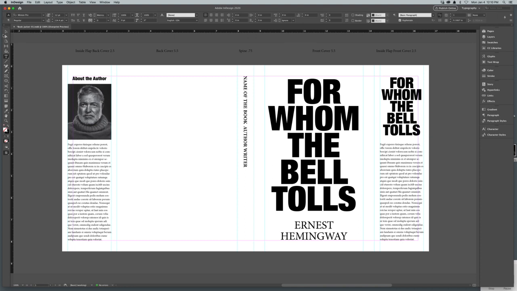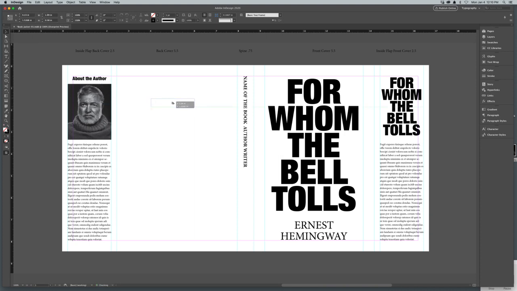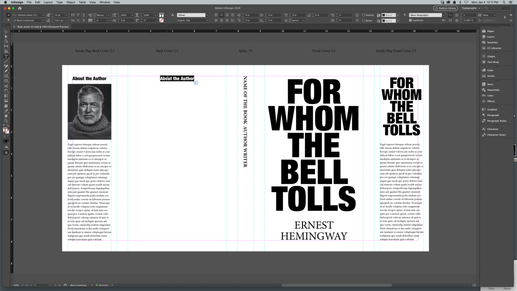Now, the back cover usually contains blurbs. And let's duplicate some type that we can use. And once again, I'm going to create a half inch guide away from the fold of the flap and a half inch away from the spine. And what I'm going to do now is take this about the author, and I'm going to change it, and I'm going to put here